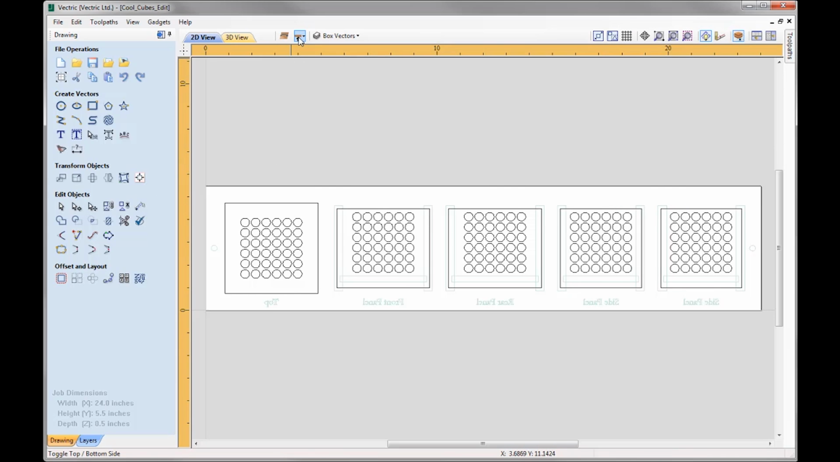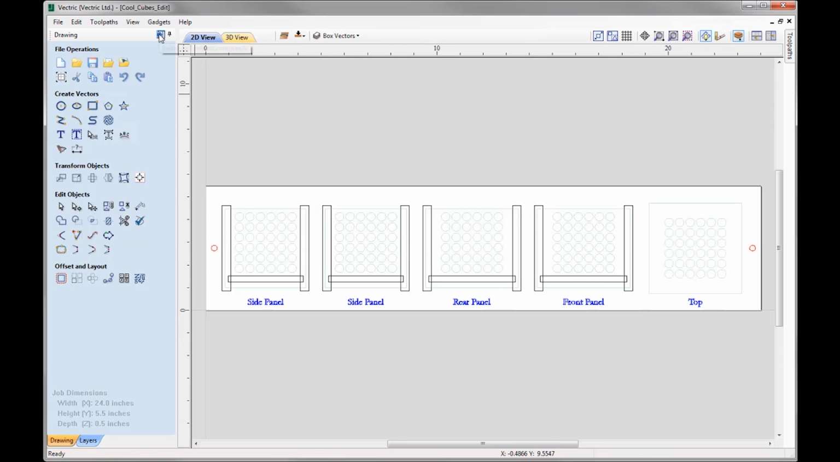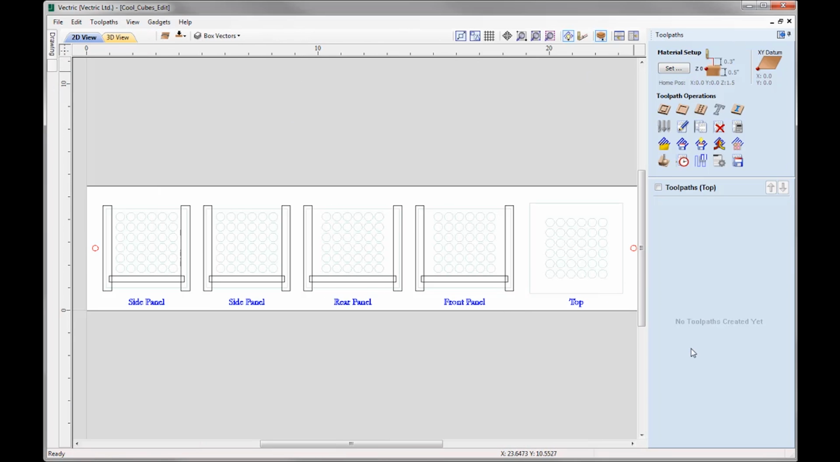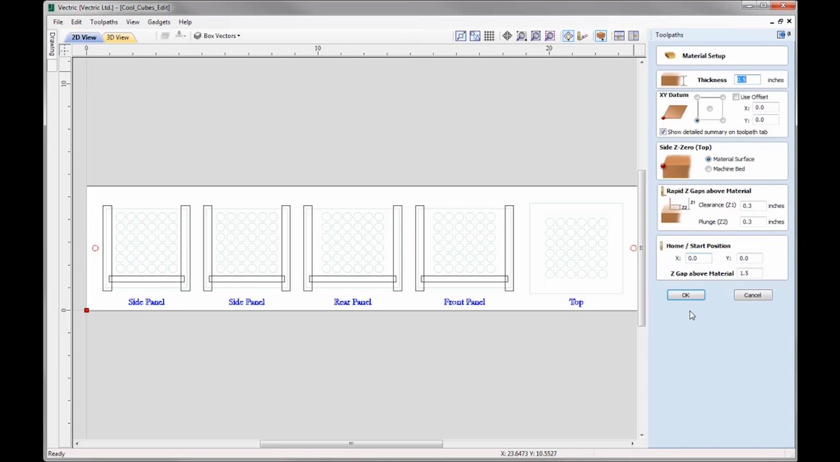We're cutting the top side first, so let's switch to the top side, and then we'll switch over to the Toolpaths tab on the right hand side. So the first thing that we want to do is just check over our material setup. So we'll use the set icon here. Material thickness 1/2 inch, XY is in the lower left. Z0 for the top side is the material surface. You'll remember we did that at the start of this job in the job setup form. Check over the rapid Z gaps above the material. Home, start, position and Z gap above the material are all safe and appropriate,